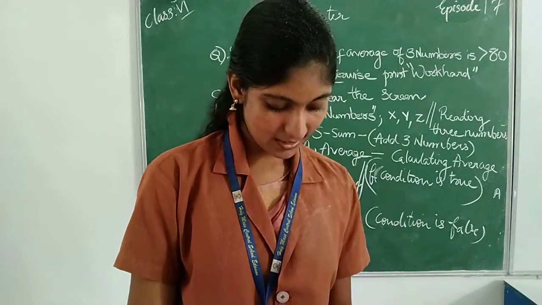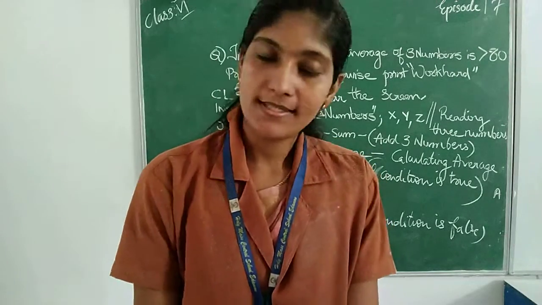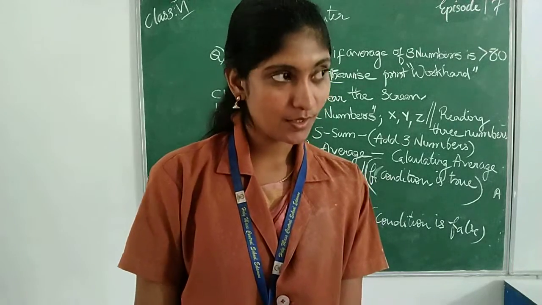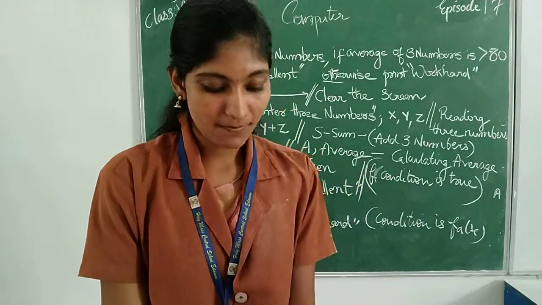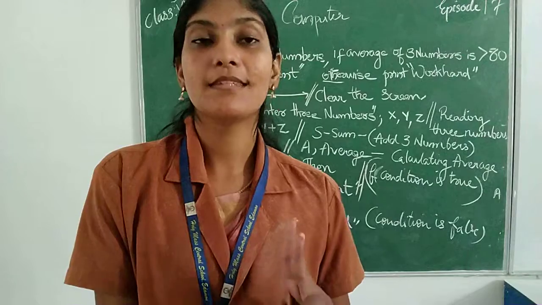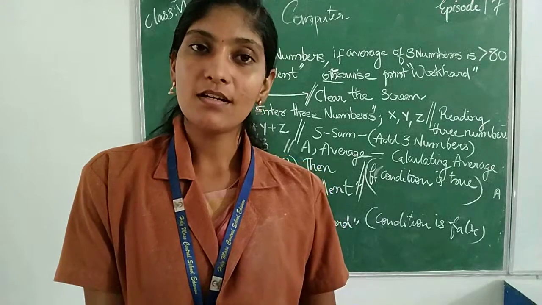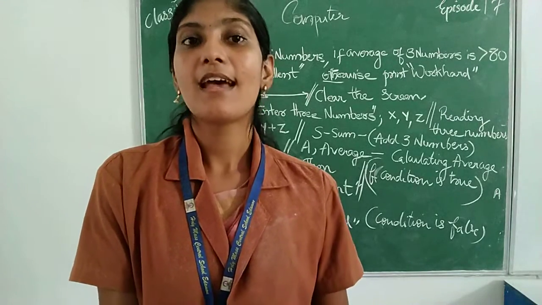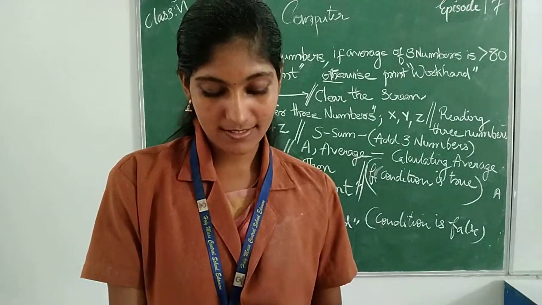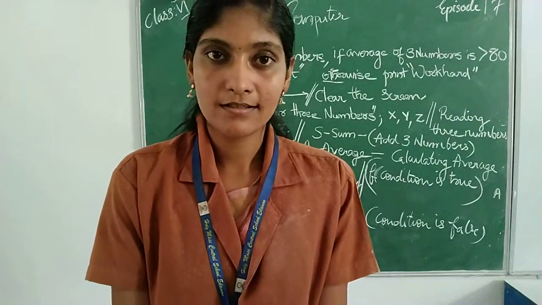So once again, what are the things we have learned today? At first, what are variables and constants? Variables means the value or the content keeps changing during the program. Constant is a value which remains fixed during the execution of a program. There are two types of constant, numeric constant and string constant. Numeric constant is related to numbers and we can add numbers there. String constant means text or string and should be written within the quotes.